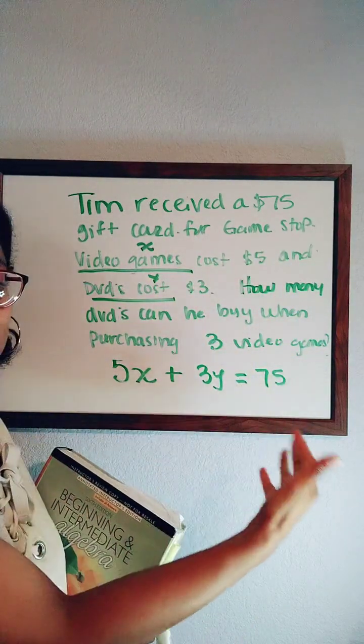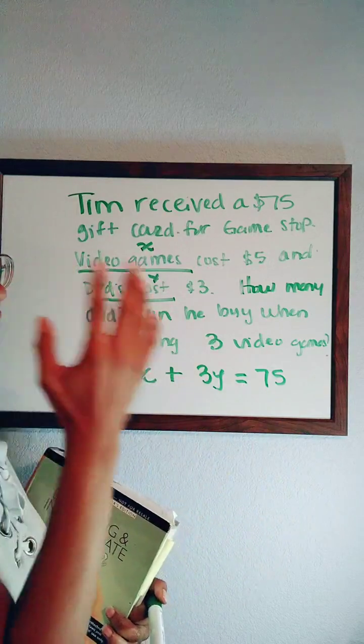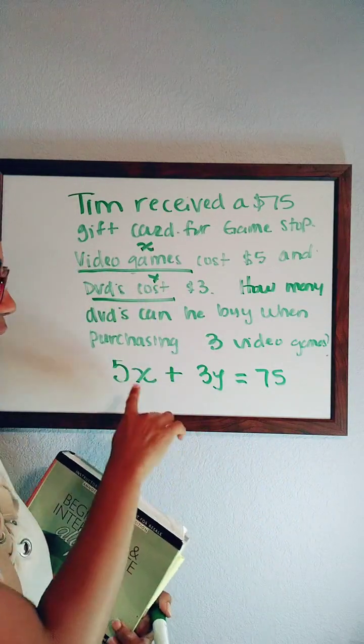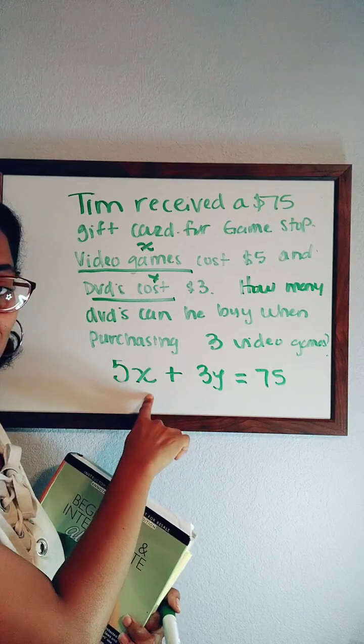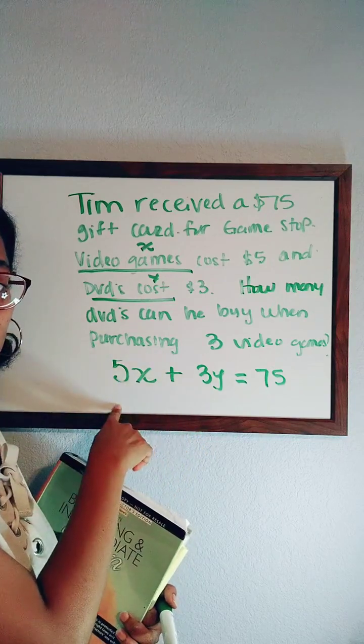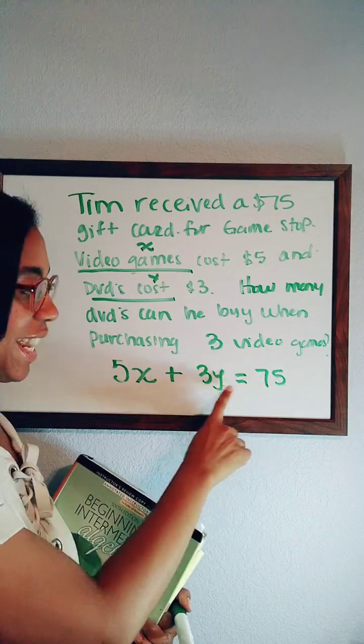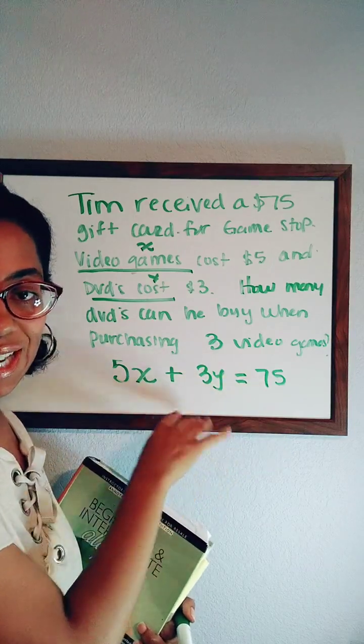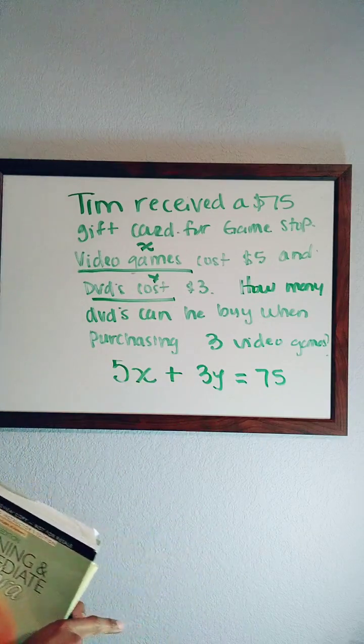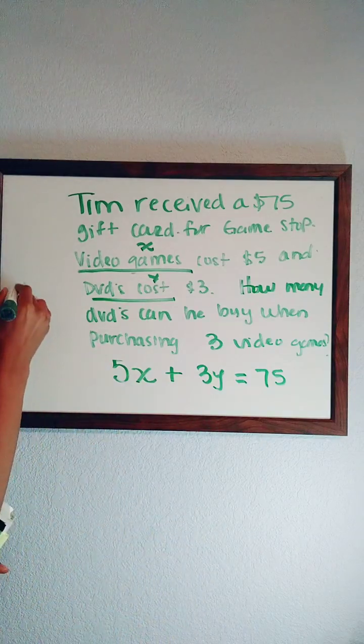Then you would be able to set up a table, and that's the exact same thing they did. They said, what is 5 times 3, which is 15. They subtracted that from 75, and then they divided by 3. Exactly the same thing that you would do. So if you wanted to set up a table,